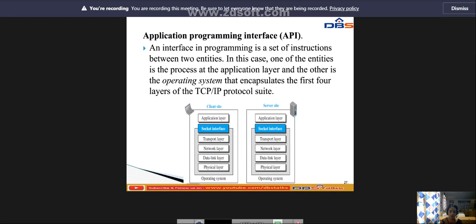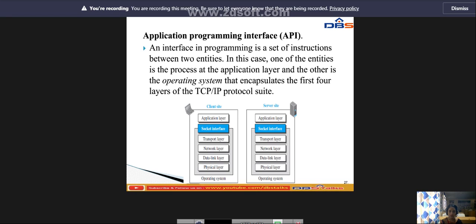For example, in most computer languages like C, C++, or Java, we have several instructions that read and write data to other sources and sinks, such as keyboard as a source and monitor as a sink, or a file as source and sink. We can use the same instructions to read from or write to sockets.